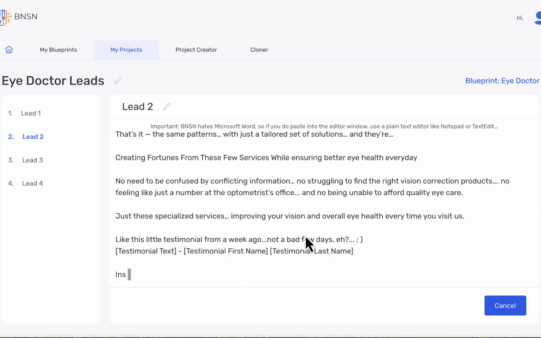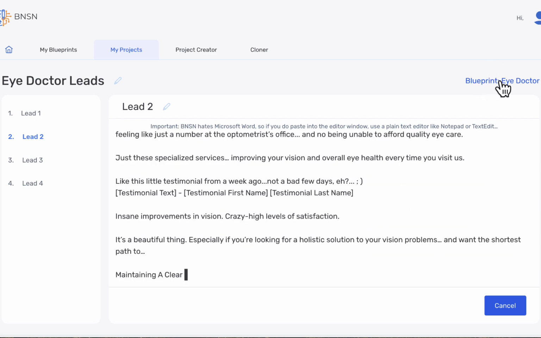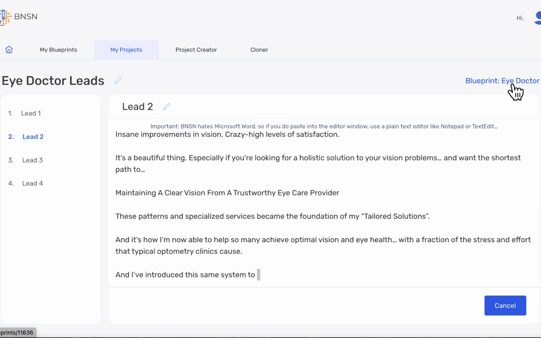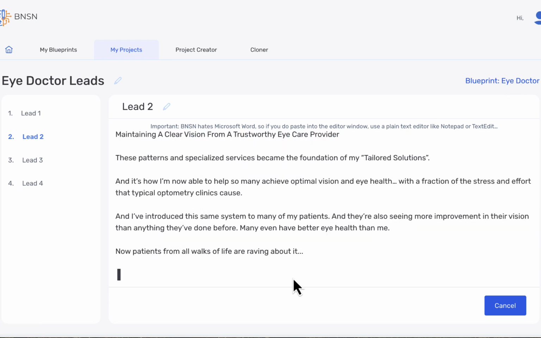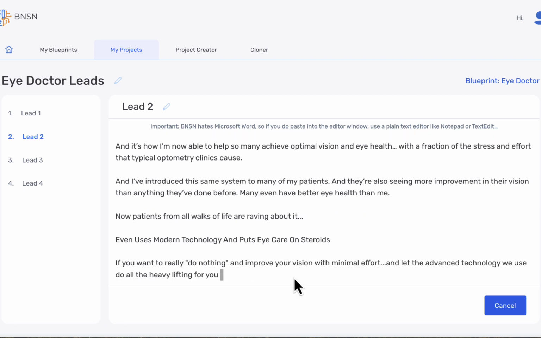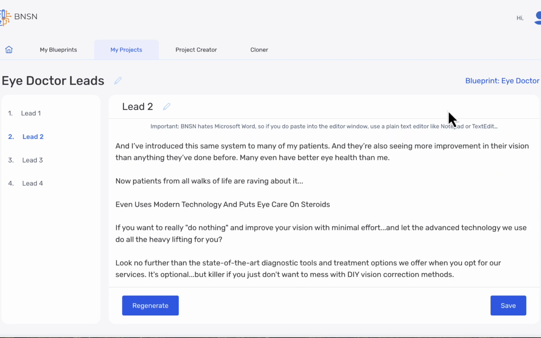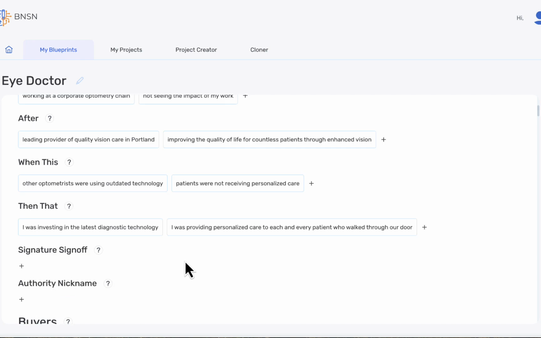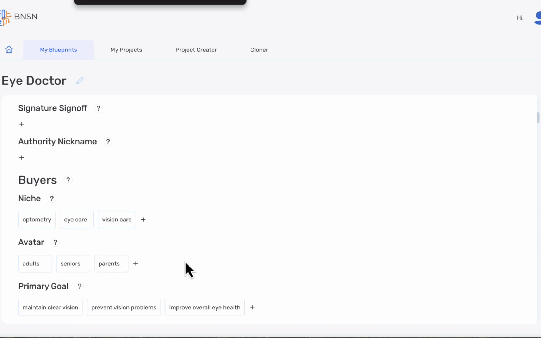Now, again, it doesn't know what the offer is. If I plug in what the offer is specifically, it will be able to identify specifics in here as well. But in this case, I'm going to say, okay, let's go ahead and save. Now, let's say that I want this to be focused entirely on just eye care for seniors. Let's go back over to the blueprint. I'm going to go ahead and click on that. And let's see, I think it's called the focuser,